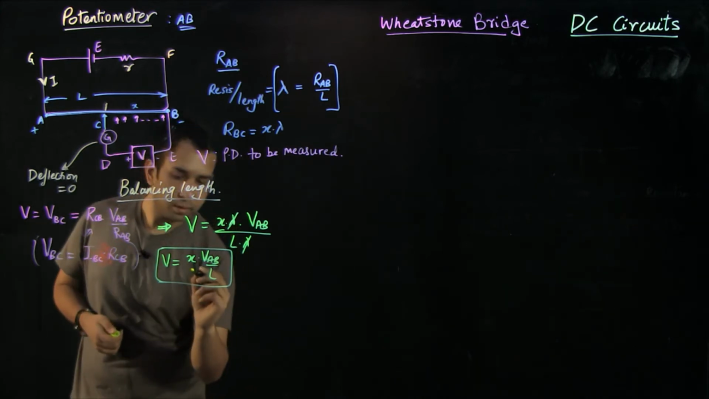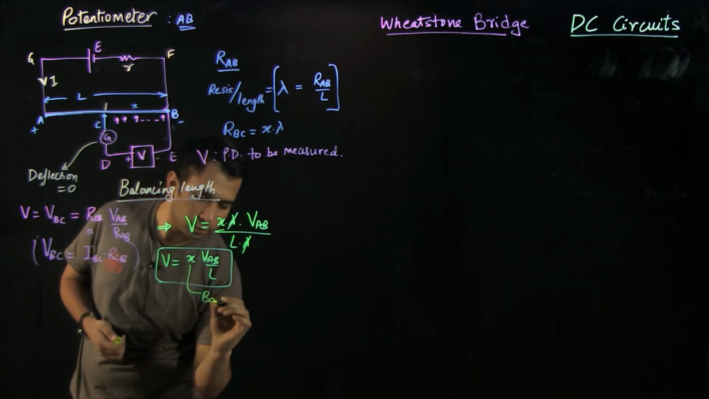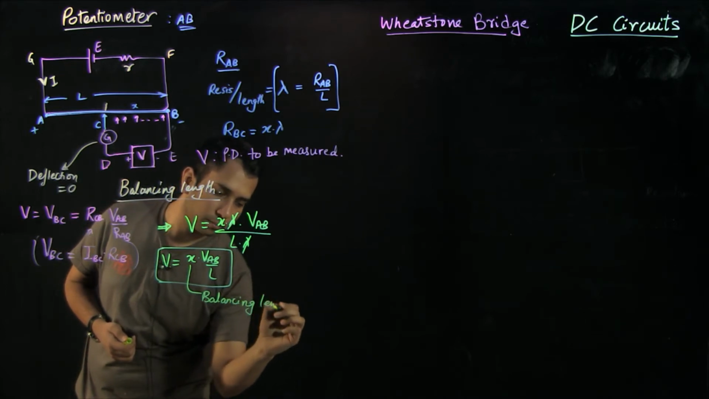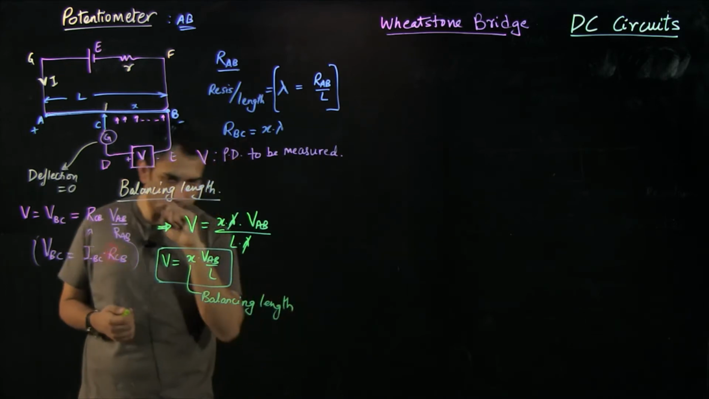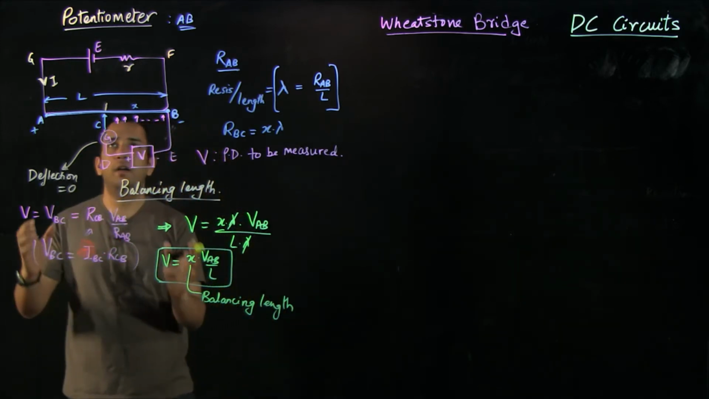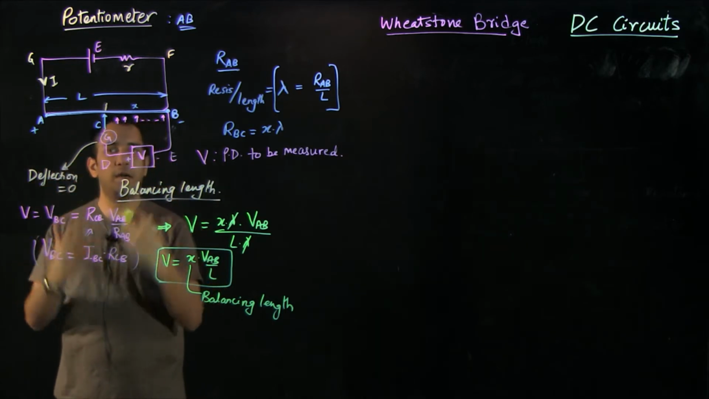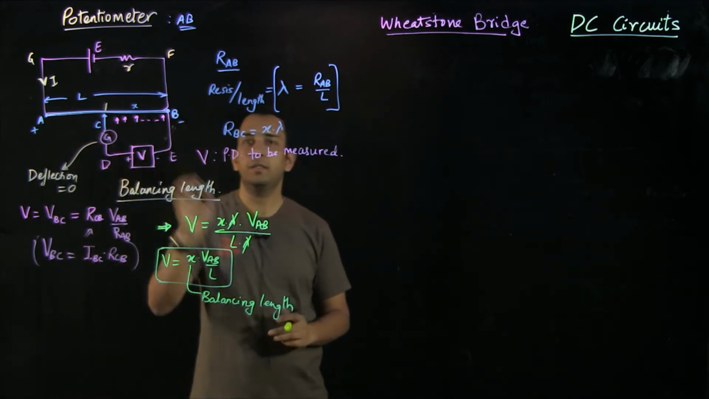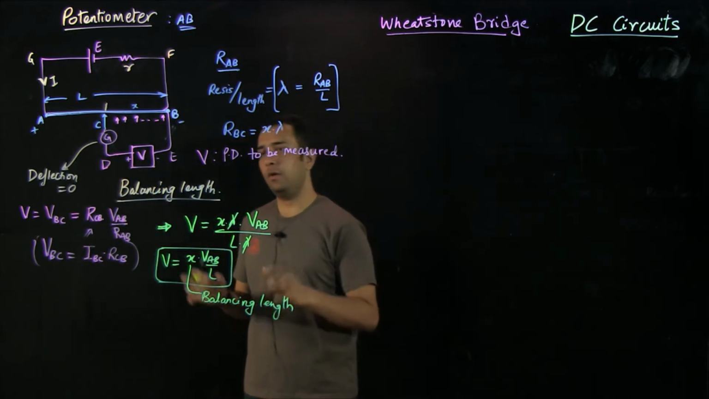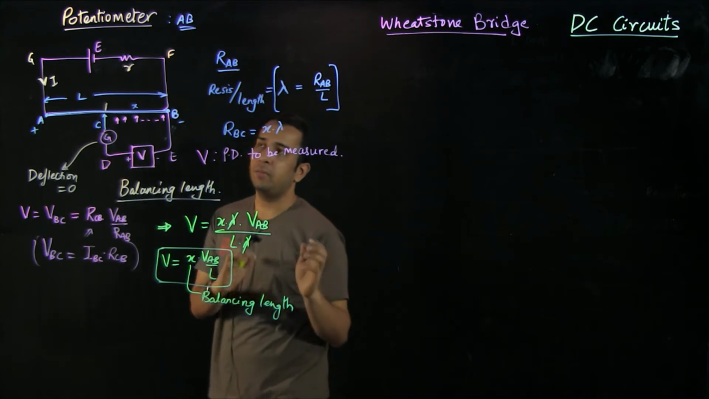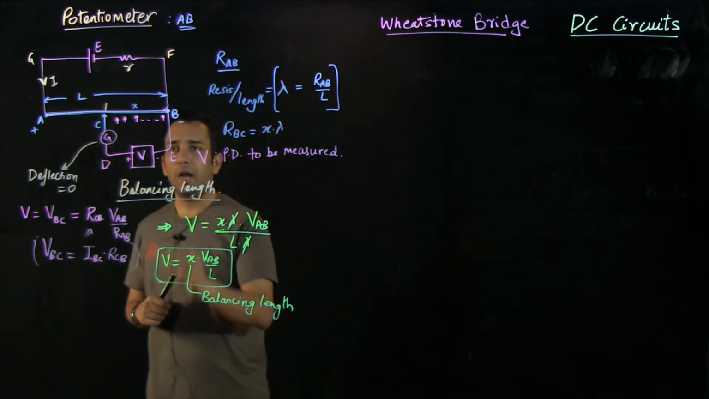So X is the balancing length. So you see that we have done nothing but only connected a potentiometer device and a circuit associated with it, through which we want to measure the potential difference. And then we start moving the pointer from one end of the potentiometer to the other end,